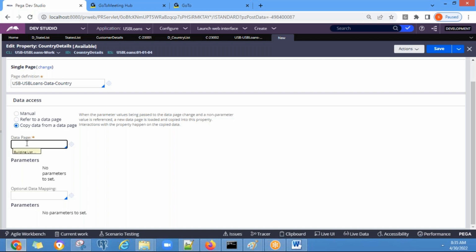So what is the data page? See, if you create a single page, by default the list data page will not be available. Okay. So only the page and the savable data page are showing. So you have to enter it manually. And if it doesn't have the key defined, it will not allow. Okay, so let's say country list